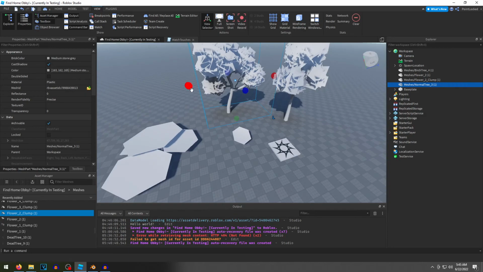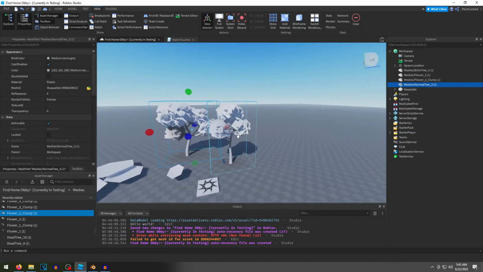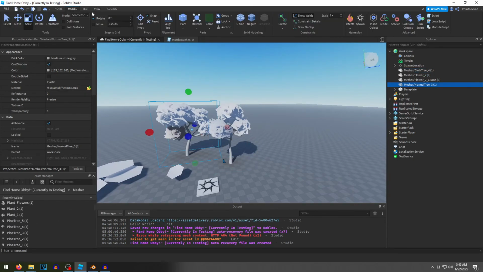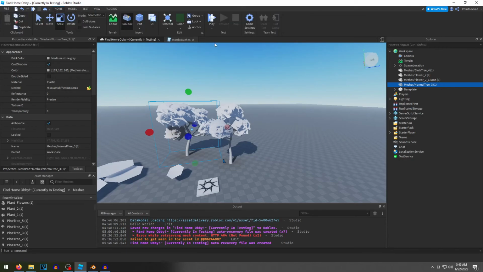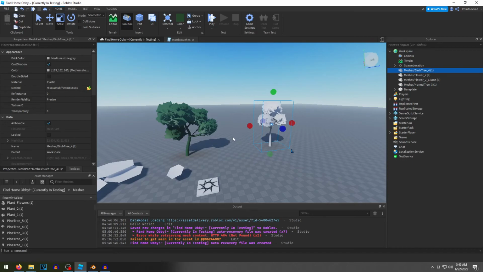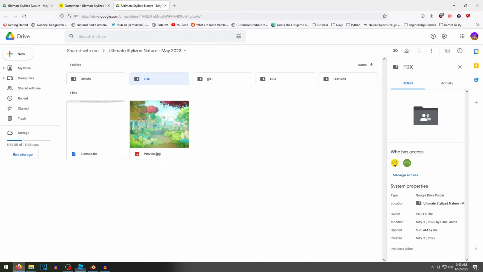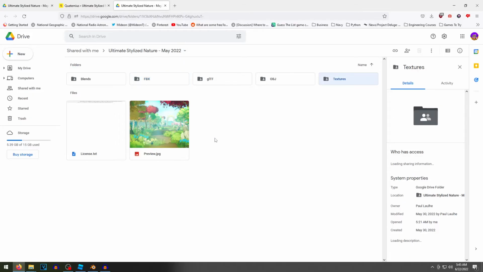So one thing I don't like about this file in particular, I don't know why this file does this, but this file all comes together as one FBX file. So it allows you to change the color by going to the home menu and clicking on this color. Like you see, it changed the color on the whole thing. That really doesn't work very well